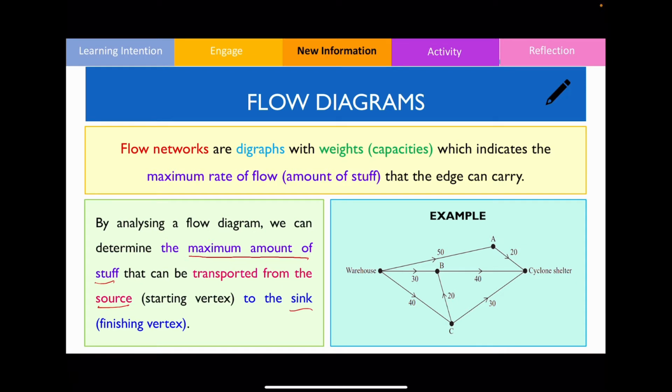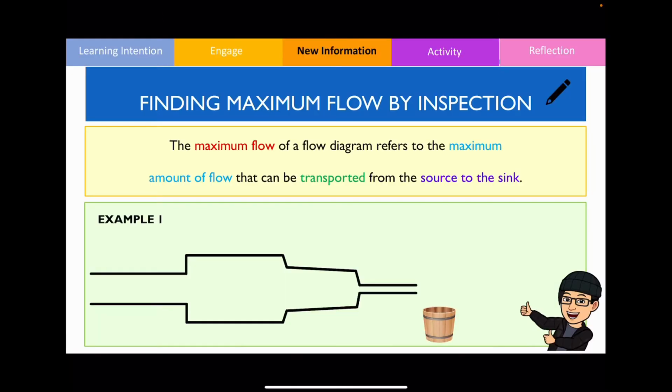An example of this is that I might be able to work out the maximum amount of supplies that I could make from the warehouse to the cyclone shelter. Let's now learn how to find the maximum flow of a network. The maximum flow of a network is defined as the maximum amount of flow that can be transported from the source to the sink. So if you look at the example down below, I've got a series of pipes